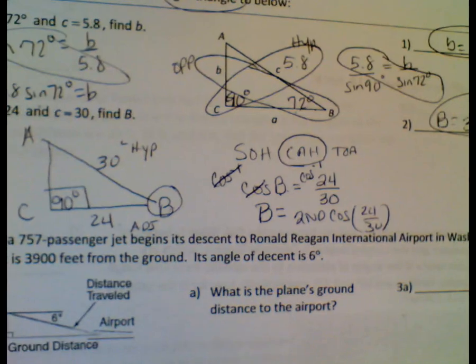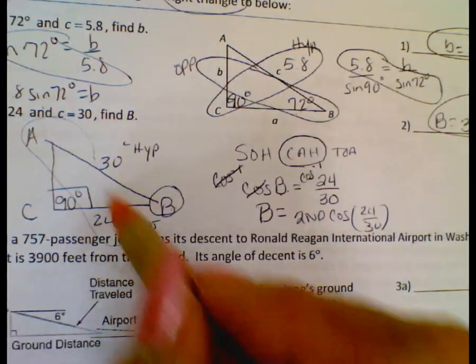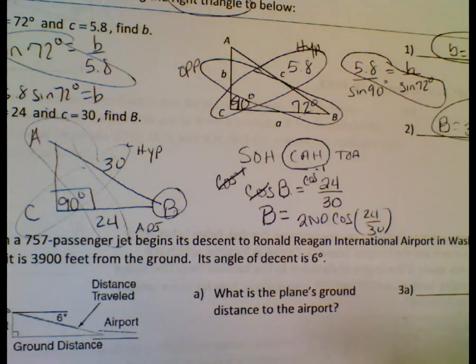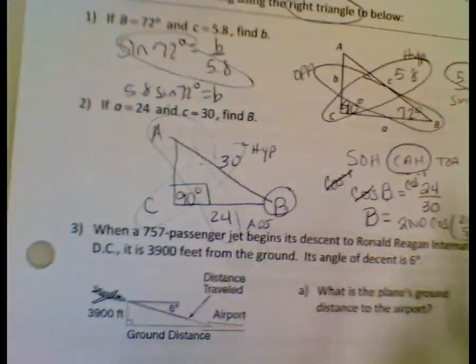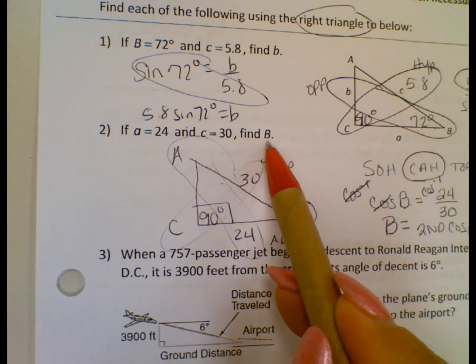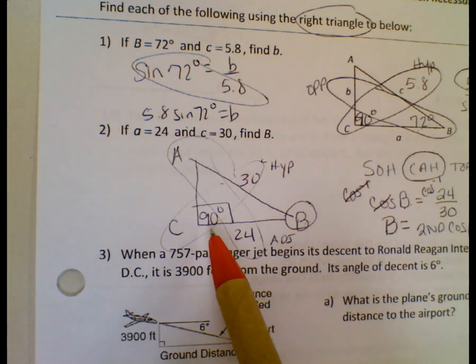We could have done law of sines. We could have found angle A using law of sines and then done 180 minus these two. Does anyone want me to do that in here, to show you that you can do that? Sure. Okay. So if we would have done law of sines, I would have had to find angle A first. Even though I'm trying to find angle B, I could have found angle A and then just taken 180 minus